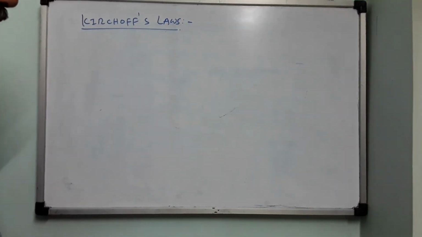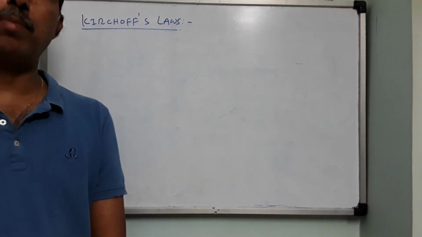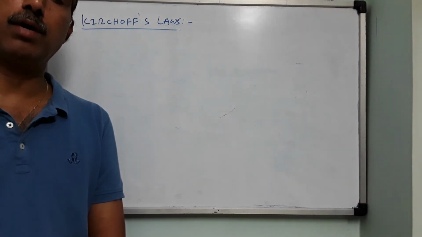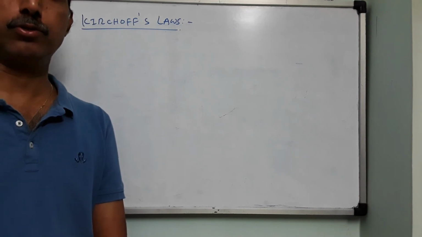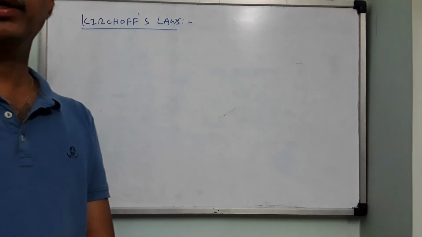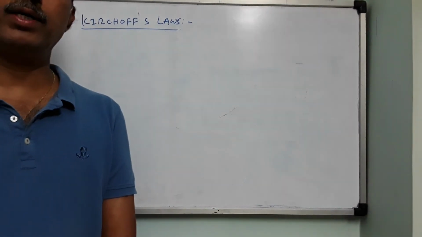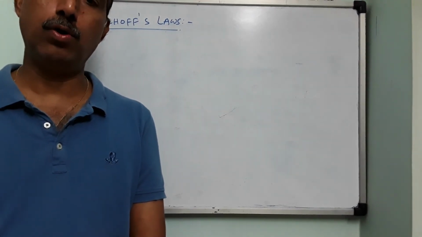Right. Now so far we have seen resistors either in series or in parallel. It's not always that they should be connected only in series or only in parallel. There will be a mixed combination of series and parallel also. In such case, we use Kirchhoff's laws to simplify the networks. There are two laws in this. First one is known as law of current. Second one is known as law of voltages.